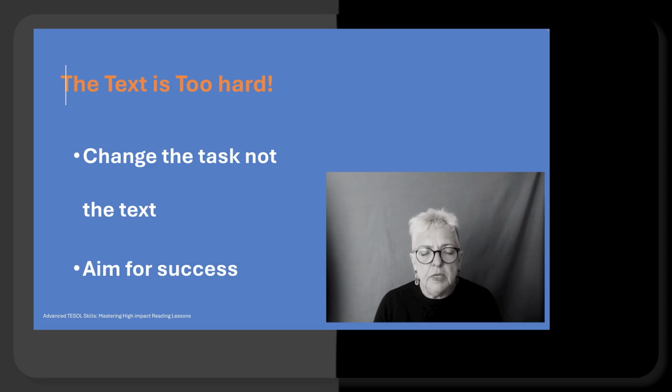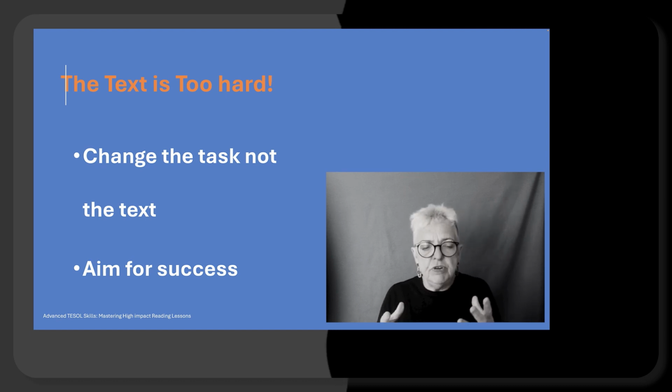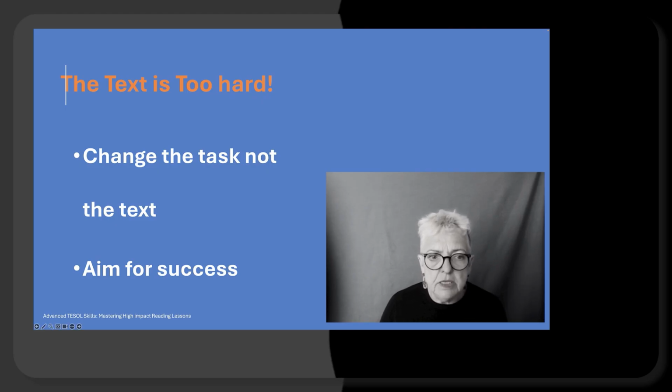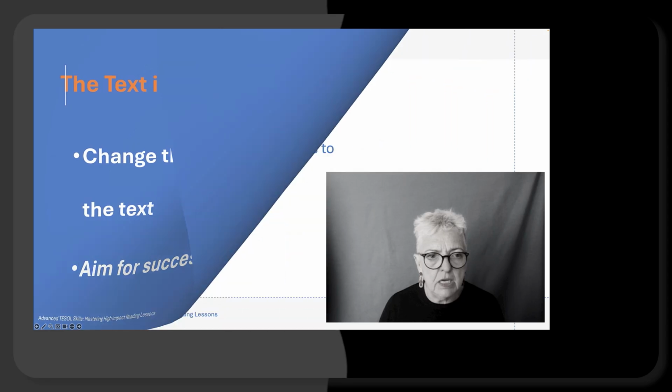However, you want to get students through the text. They need to feel that they haven't completely failed. So my advice is, if the text is too hard and everyone's struggling, regroup and make the task much simpler, but allow some achievement. Yeah? So the detailed task will be the hard part. So ask the simpler gist questions: who's in it? What's the overall subject? Where might this be set? Okay, so don't change the text. It's too much hard work.